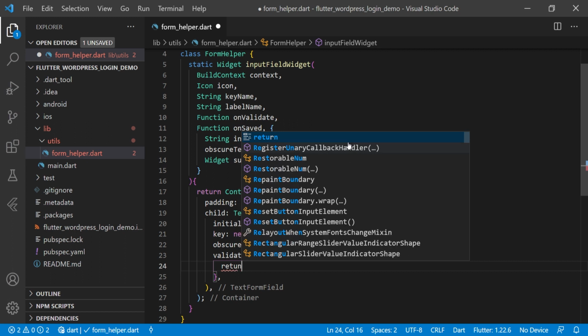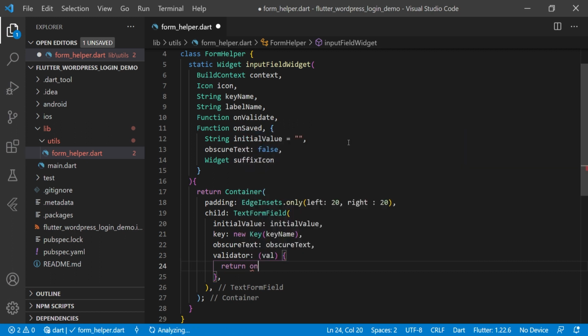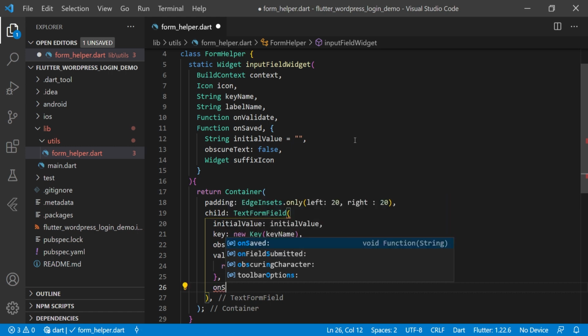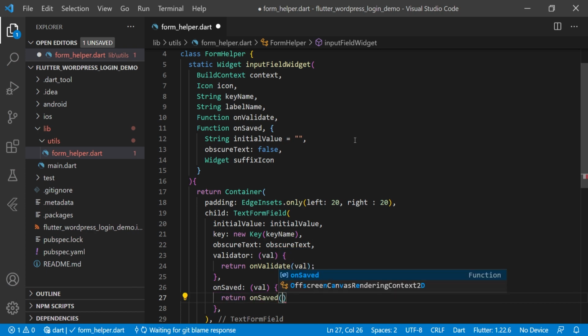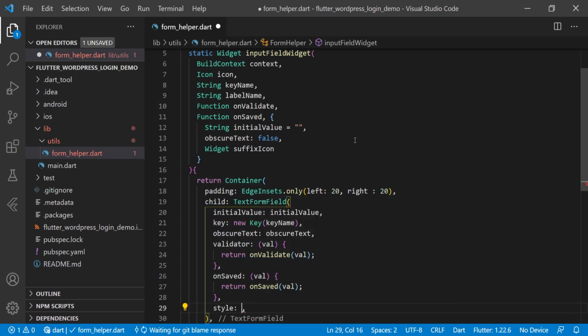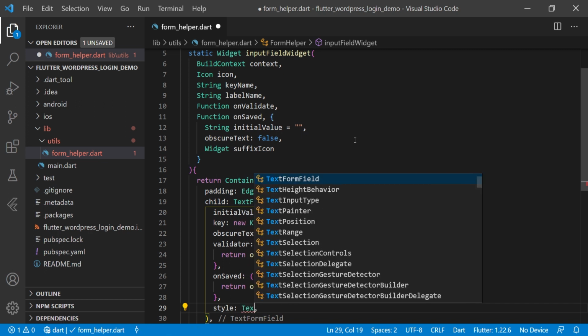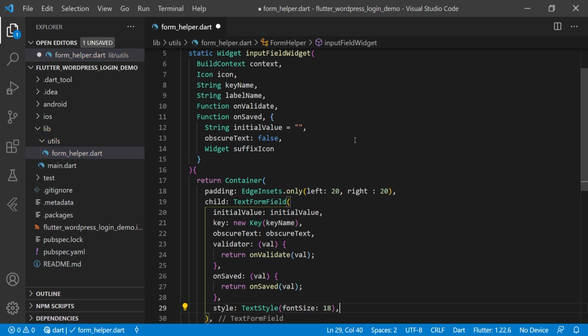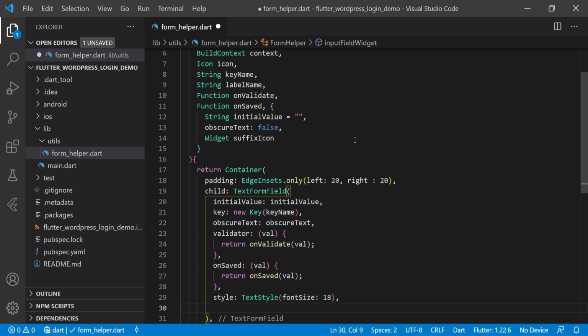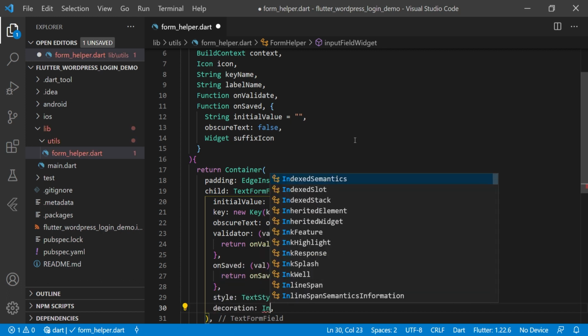and we will return here onValidate, and we will pass here the value. And then we have the onSaved here, and that also we will return here onSaved, and we will pass the value here. And then we are using a style here, and the TextStyle, font size 18. Then we have to pass the decoration part here, and we are using here InputDecoration,